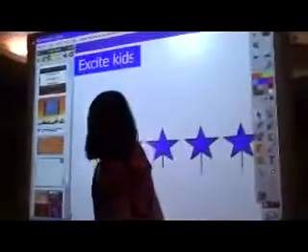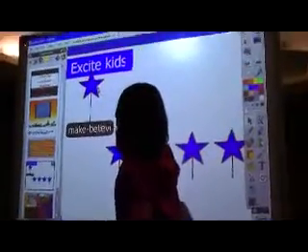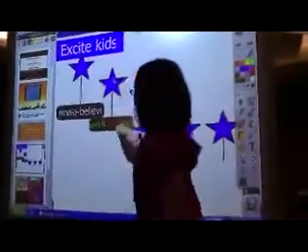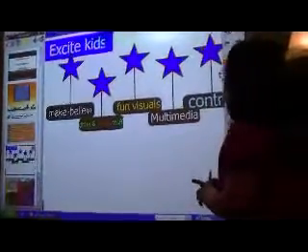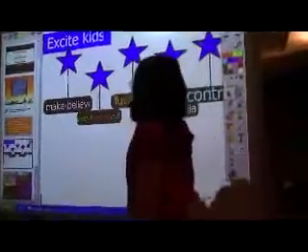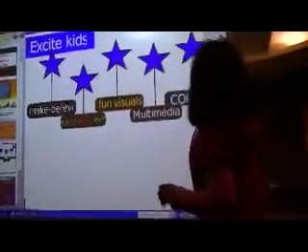Step number 1 is exciting kids, using strategies like make-believe, gross and weird stuff, that's my favorite, fun visuals, multimedia, and control, another favorite. So all of these can be reached using Promethean technology. For instance, examples of fun visuals are really easy to find. Students plus interactive flip chart equals control. I'd like to expand on this one.